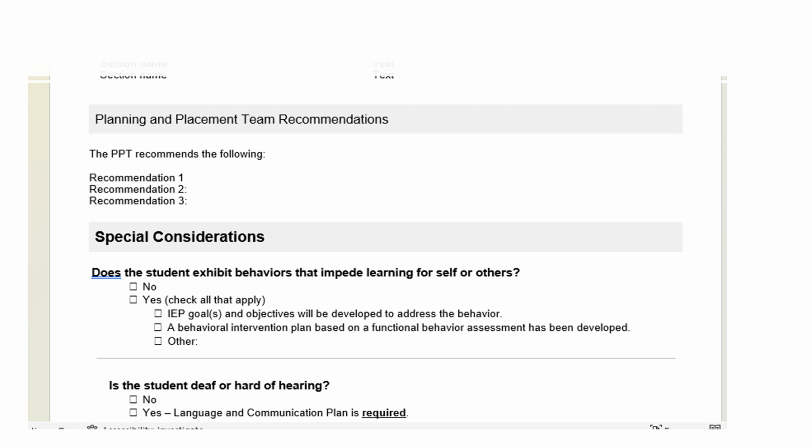And here would be the planning and placement team recommendations. And again, this next part, the special considerations, is really important. In the old IEP, this was something that was sort of hidden. It wasn't one of the first things you see. So the state is sort of forcing you to see this now. I believe this is the first or second page, and this is very important, and specifically for